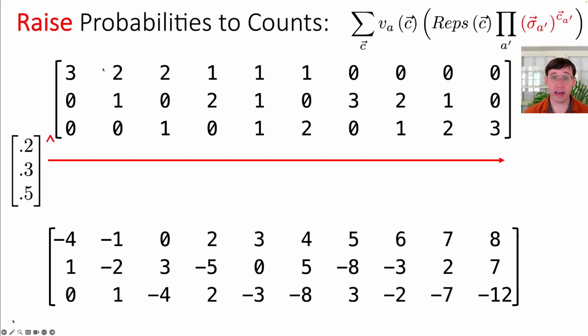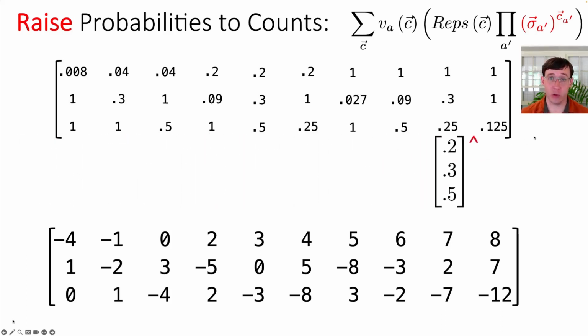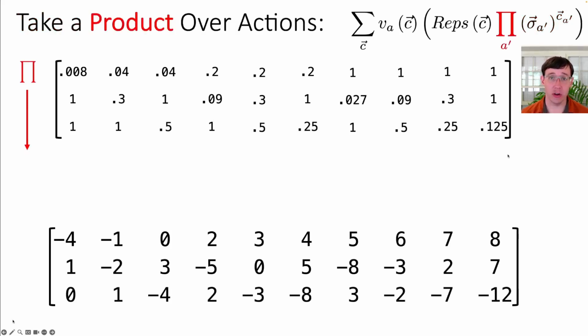And we have to do that calculation for every profile, and we can do that by broadcasting exponentiation across the configuration dimension of our first array. Now we need to multiply those probabilities over the actions, and so we'll take a product down the actions dimension,